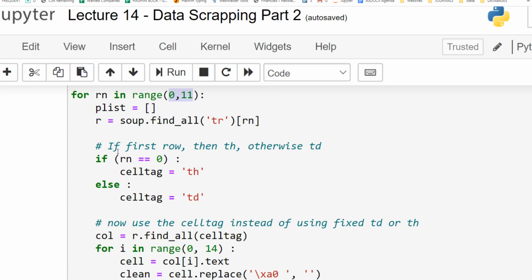And I'm doing a trick over here. Remember that the first row will have TH tags, that is the table headers, and all other rows will have TD texts.